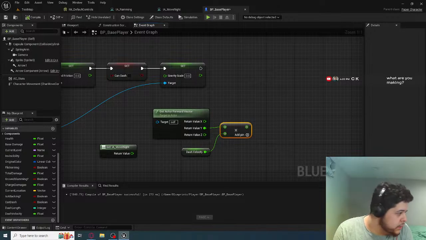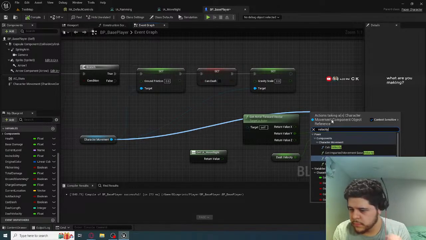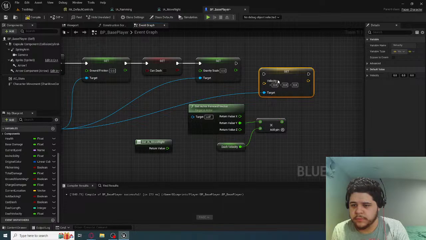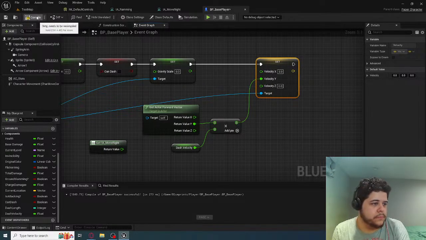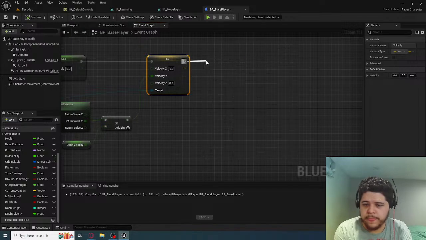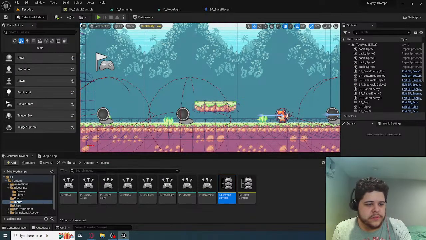And that sets... what is that? Velocity? From the character movement? Set velocity. Oh, cool, interesting. Split that. And then obviously our velocity is that. Disable input. Yeah, that makes sense. Wait, I should do that for the ground slam. So to actually